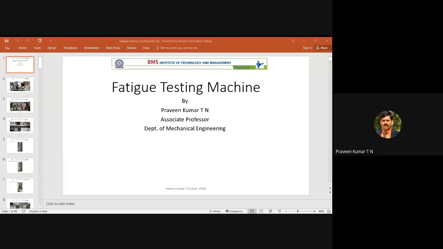In a simple way, imagine you have a metal, let it be steel. If the static strength of the steel is around 100 megapascal, its fatigue strength may be only 30 or 40 megapascal. Even though static strength is 100 megapascal, when it is subject to repeated loading, it can withstand only 30 or 40 megapascal of stress reversal. That's why fatigue strength is very, very important when there is a rotating member, especially an internal combustion engine, steam turbine, fan blades or bearings, all of which are subject to fatigue loading. Those are the brief conclusions about what we have discussed in today's class.